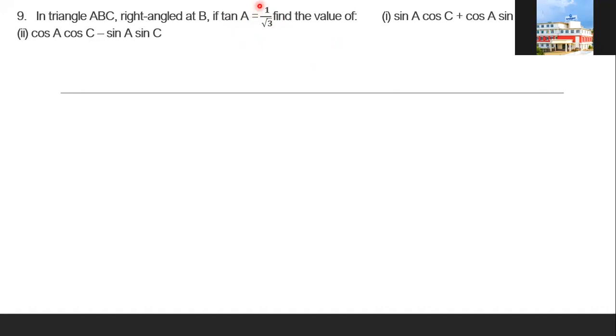Once you get the hypotenuse value, find out sin A here, and C, with respect to A and also with respect to C. First find all the values, then apply here and we find the answer. So first, by using tan A, opposite and adjacent values they gave, by using 1 and root 3, we'll find the hypotenuse. So what will be the hypotenuse, for opposite 1 and adjacent root 3?